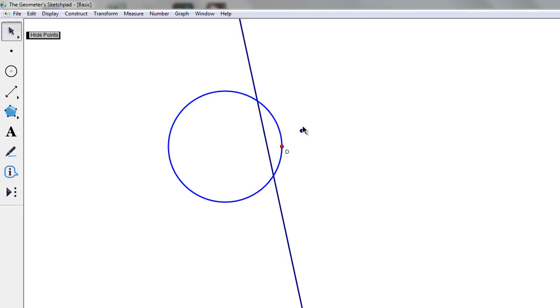Let me show you how I constructed that tool. So suppose we get rid of this one, we'll delete them both, and I'll need the original points. I'm now going to show you how to construct the dual of a point, which is a very important construction. We've already gone through it in the series, but I'll show it to you here in Geometry Sketchpad. So first we need a point, that one there, and let's make it large.